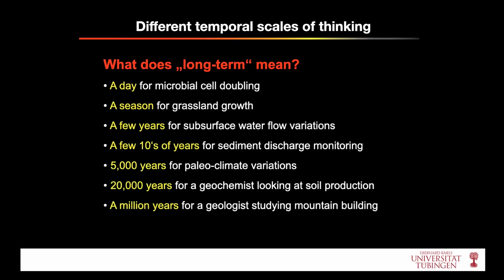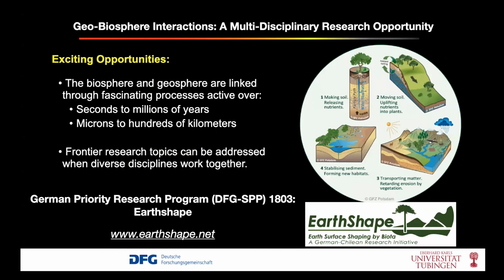The point is then that when we're talking about these different timescales, and we have all these different communities thinking on these different timescales, trying to work together, this actually creates a huge intellectual challenge for us, because immediately we need to bridge between these shorter timescale processes to understand if and when they have effects on these longer timescale processes as well. So to wrap up this first part of what I wanted to talk about here,